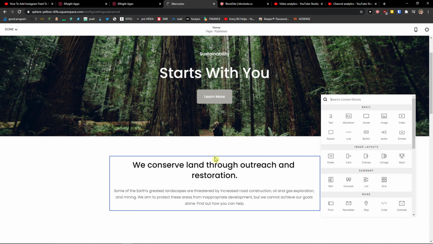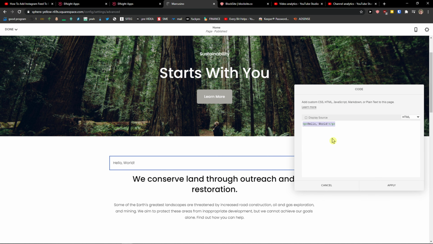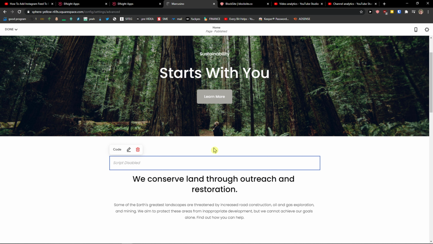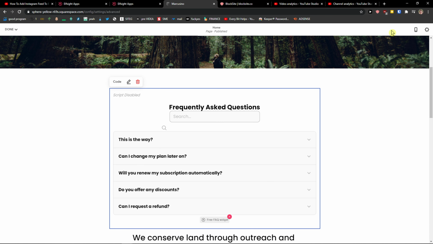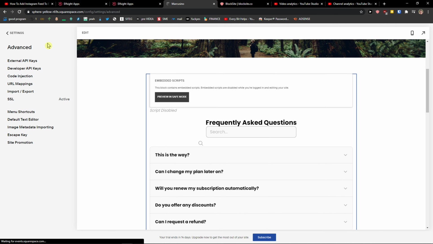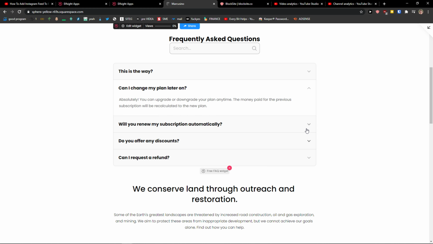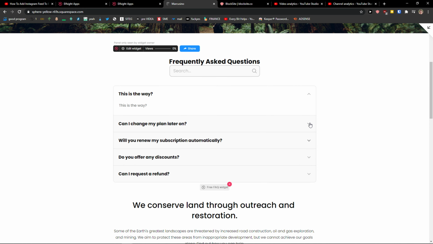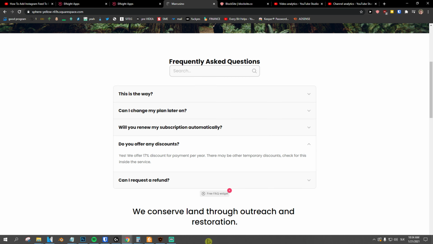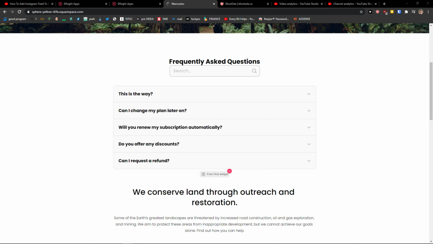And right here, what you want to do is just simply click plus, write code, and paste the code here. Really simple, really easy, and you got it. When I click done, save, and preview it, it looks flawless. The smooth in, smooth out is really pretty, so people reading the FAQ won't get lost and will feel good reading